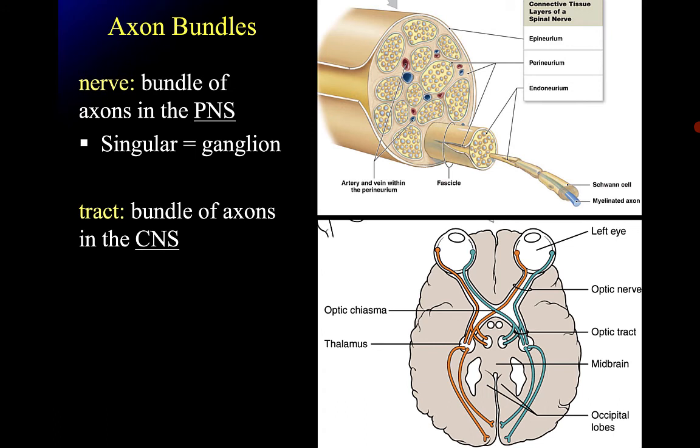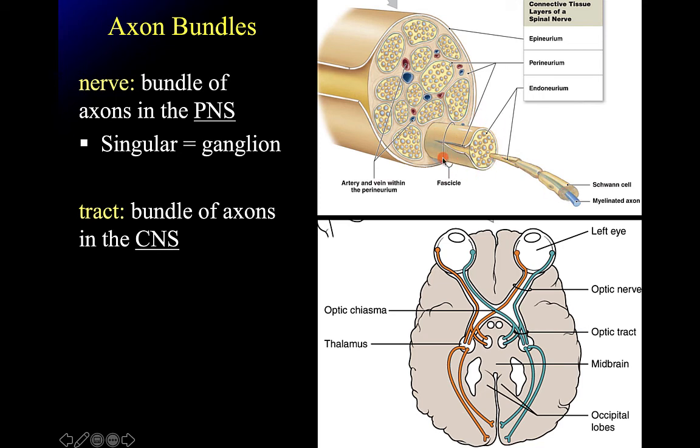Now, we do have a few different other terms we want to get down in here so we can talk about the nervous system. We're going to begin here with bundles of axons. So we do have bundles of axons in both the peripheral and central nervous systems. In the peripheral nervous system, these are referred to as nerves. If you take a look at this nerve, you'll notice that this looks a lot like the diagram we had of muscle cells. We even have the term fascicle here for a bundle of these myelinated axons,